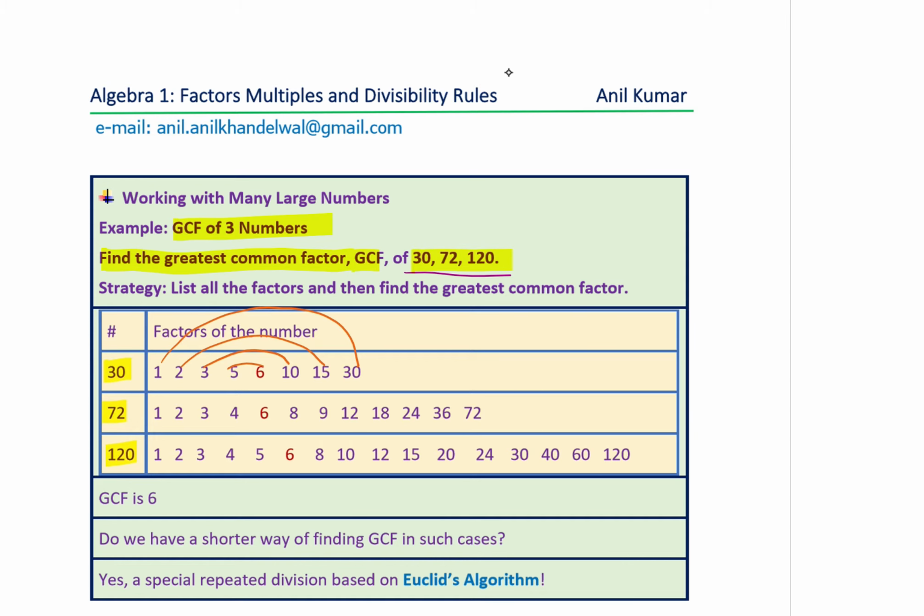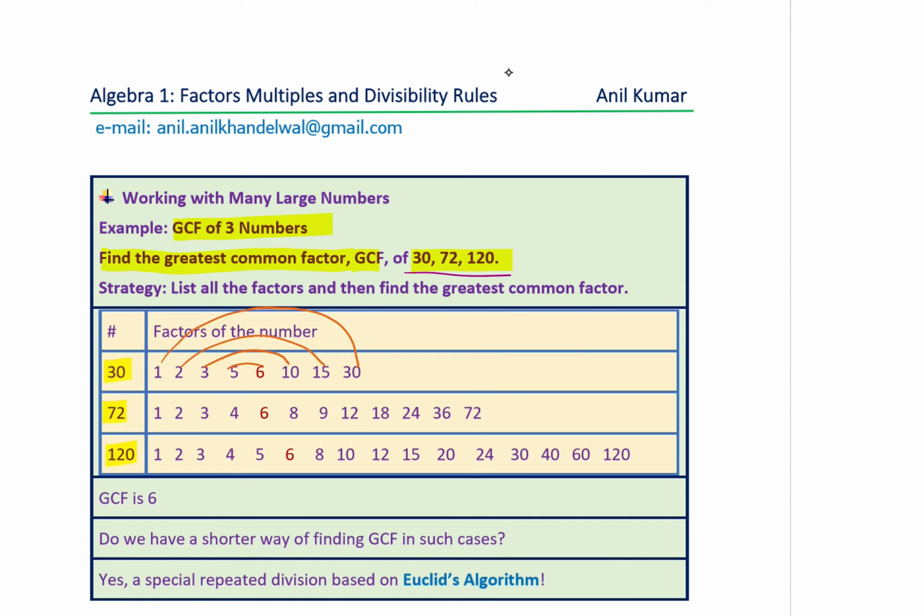Divide 24 by 6. And what do we get? What we get here is again a remainder of 0. And the number which really does the trick for us is 6. So therefore, the GCF is 6 for all the three numbers. So even while working with large numbers, we could easily find the greatest common factor in a few steps